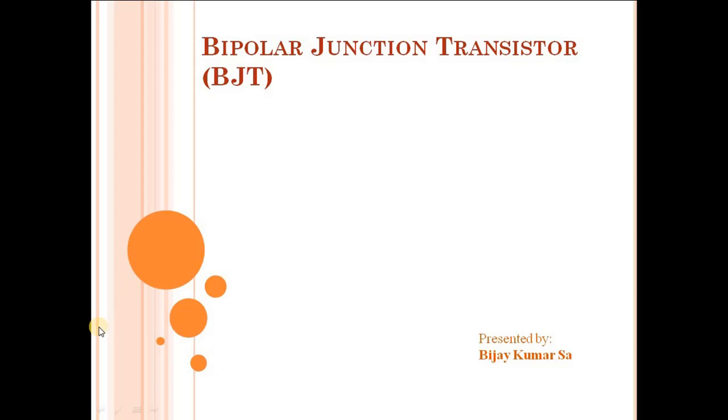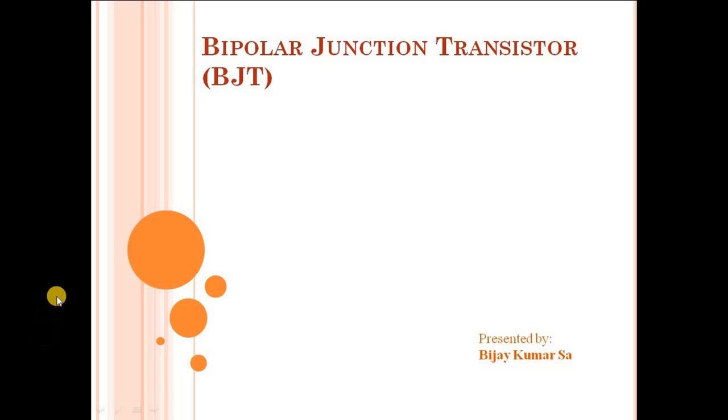So if you are very much clear about the p-n junction and how it operates in different bias conditions, you are very much ready to understand the next device, which is a three terminal device, and this is the bipolar junction transistor. So we will cover the topic of the bipolar junction transistor